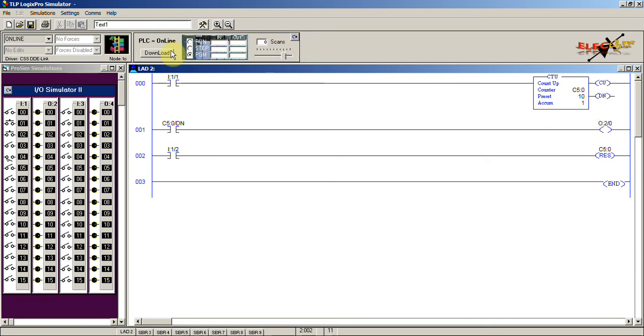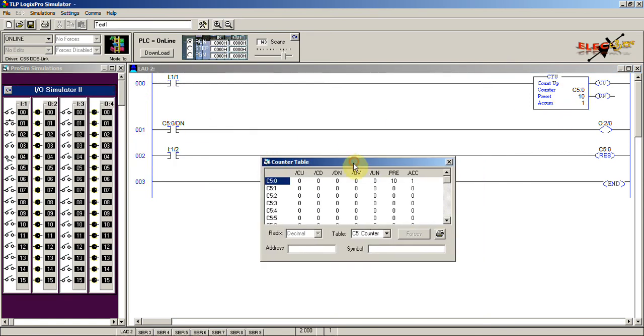So again we will see that. Now this counter is accumulated by one count, and after that give some more counts by pressing that push button. Not only a push button, any switch can be used here, but it has to give a transition, like pulses. In that case this counter will do the counting operation. So if we just close the switch, only one count will be updated. Again open the switch, and this will be updated.